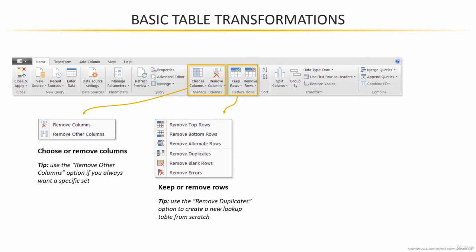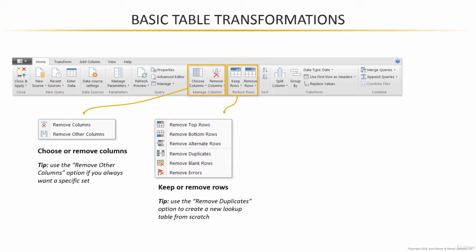So, let's say you've got a data connection to a table that might have a variable number of columns. One month it might have 10, the next month it might have 20, but at the end of the day, you always want to land with the same set of 5 columns. If you were to open up the query editor and manually remove each of the columns that you don't want, then any new columns that appear won't be accounted for and will end up in your final table,